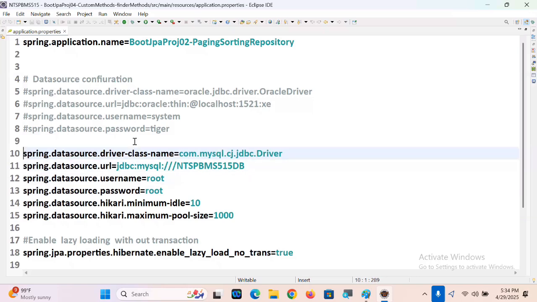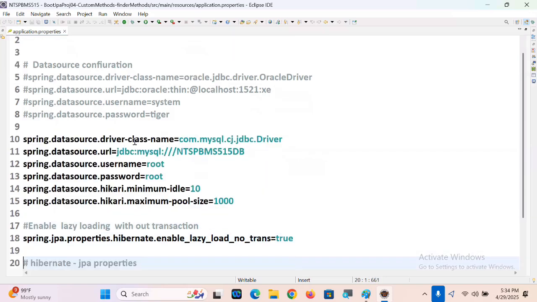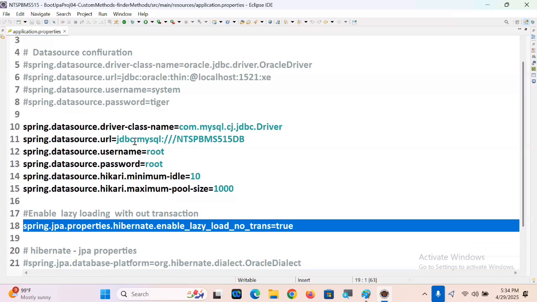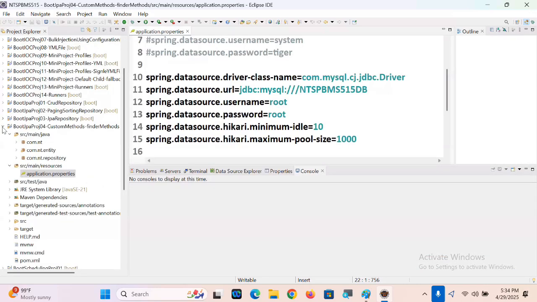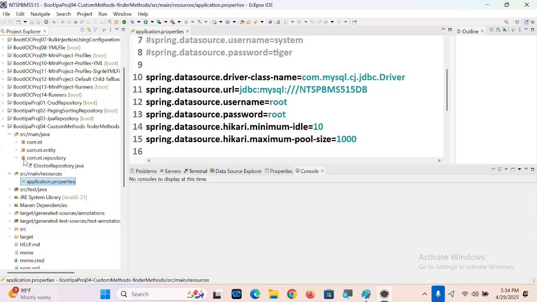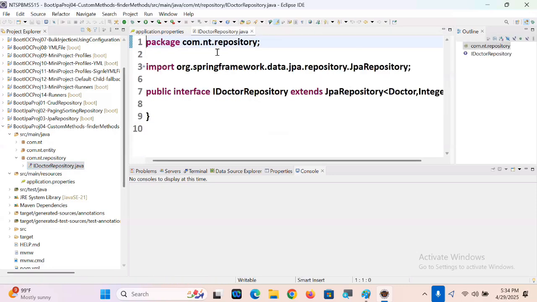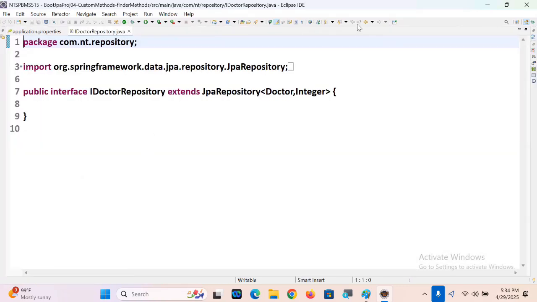This is my MySQL driver, this is my lazy load true, this is my MySQL 8 dialect. If you are not interested in MySQL, you can go for Oracle. That's not a big issue. Same old entity class, guys, no change in that. Same old repository, no change. But in this repository interface,